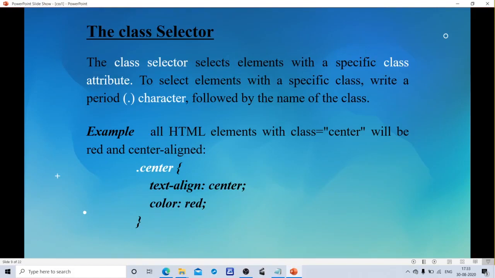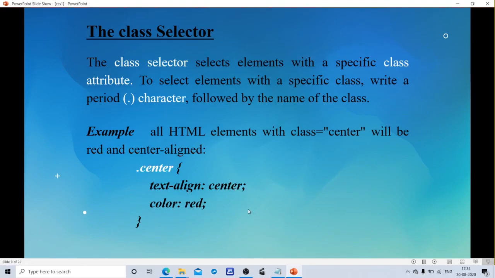All the elements within the class will be aligned center and the text color is red. For that we have to write a period character followed by the class name. This is our selector. This selector is the class type selector. The declaration in curly braces has the statements text-align equals center and color equals red.